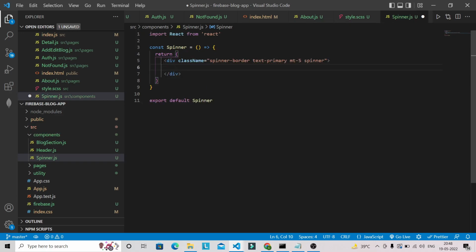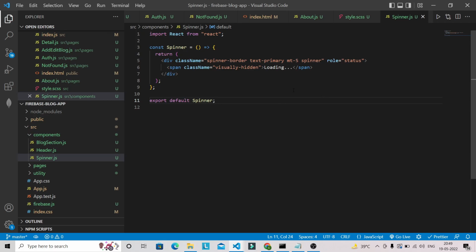Now inside that I'm going to have a span tag, and let's give here class name visually-hidden. Okay, and here it will be just Loading with 3 dots, and here let's give role status. Okay,